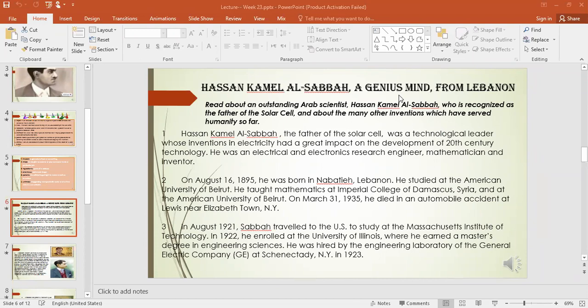This person also traveled to America. Now you just wonder, why did he die in America? He died in America because he decided first to study there and to earn his master's degree from one of the American universities. So this is what happened. He got a master's degree from one of the American universities, and he lived there for a while before he died in